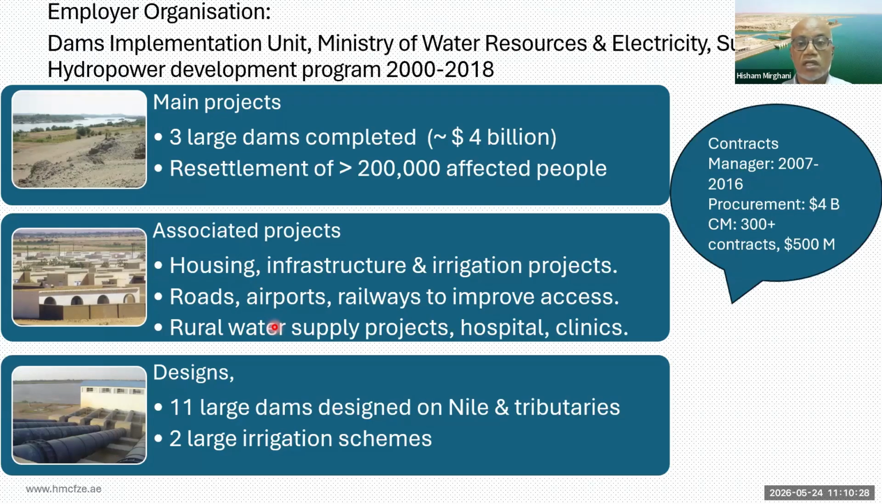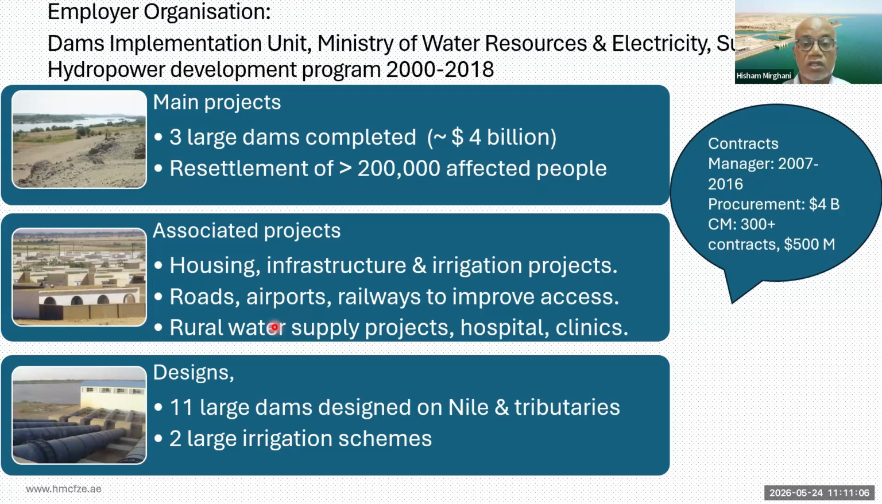It was part of the Ministry of Water Resources and Electricity in my home country of Sudan. So this unit was charged with the implementation of a hydropower development program, which started around about 2000 and carried on for almost 20 years. I was contracts manager for about 9 years between 2007 and 2016. And during these 18 or 20 years, there were 3 large dams that were completed at a cost of just over 4 billion. And there is a resettlement of over 200,000 affected people, and also a lot of associated projects,